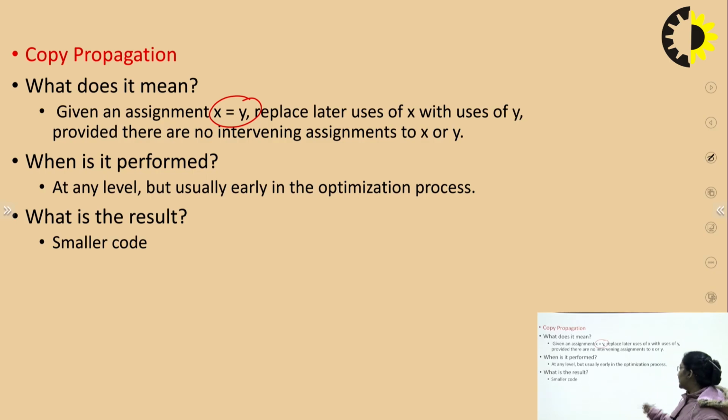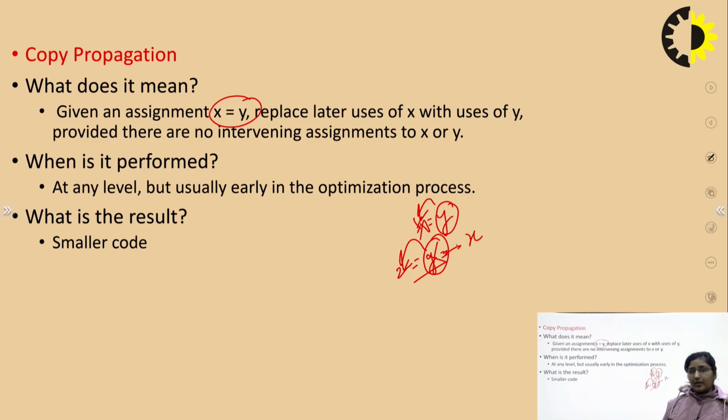For example, I am having a code. In that code, first I had written x = y. Then suppose I am writing over here z = y. So, one code is x = y and another code is z = y. Now, what will happen over here? Value of y will be in x and similarly value of y will be in z. What we can do? I can simply replace this y with x also. First, I have just copied the value of y to x. Now, in place of y, I am using x.